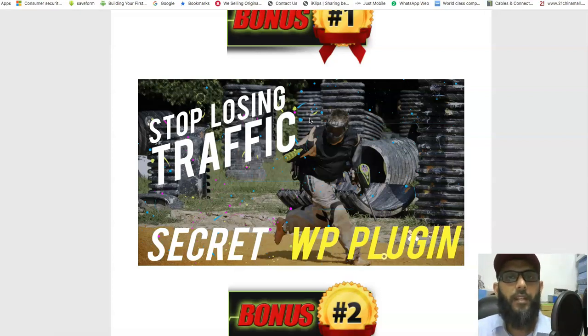Anybody who presses the back button doesn't get to go just like that. When they press the back button, you can divert them to whichever website you want them to go to. You can divert them to your local client's website, or to any affiliate products, or whichever place you want. As soon as they press the back button, they will be taken to the place where you want them to. That's how good it is.